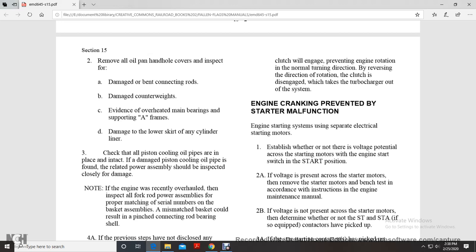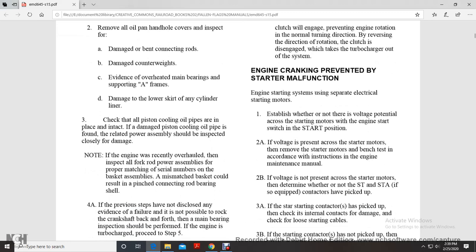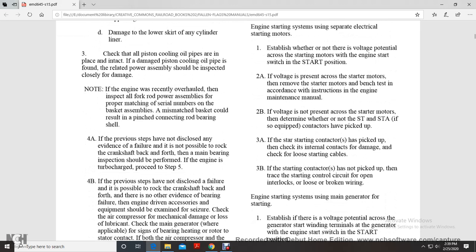Is your engine cranking prevented by starter malfunction? For engine starting systems using separate electrical starting motors, establish whether or not there is voltage potential across the starting motors with the engine start switch in the start position. If the voltage is present across the starting motors, remove the starter motor and bench test it in accordance with the instructions in the engine maintenance manual. If the voltage is not present across the starter motor, determine whether or not